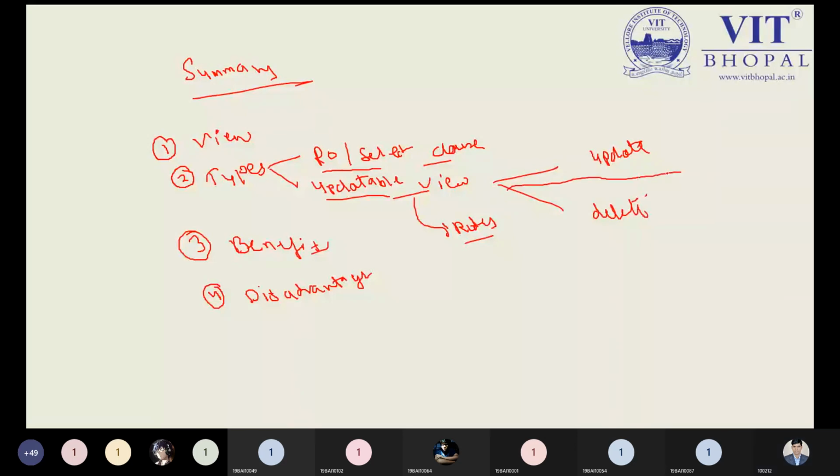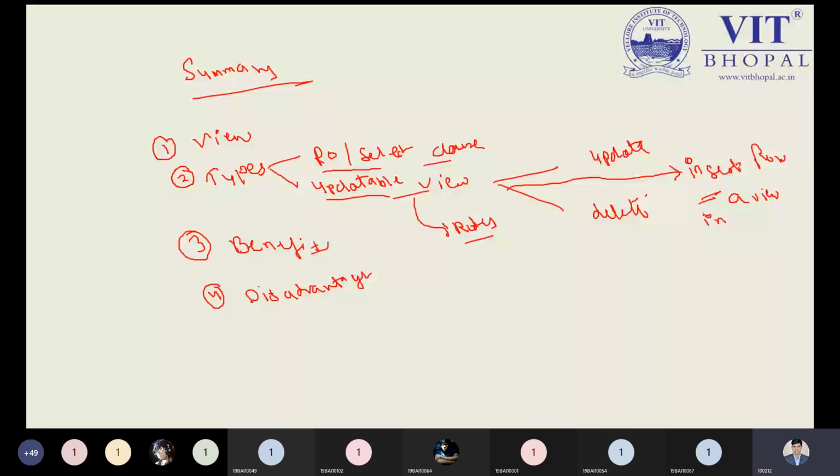And insert is also possible, like update and delete. How can we insert? Just insert a row in a table by using a view. Insert a row in a view is also possible, just like inserting a row in a table.